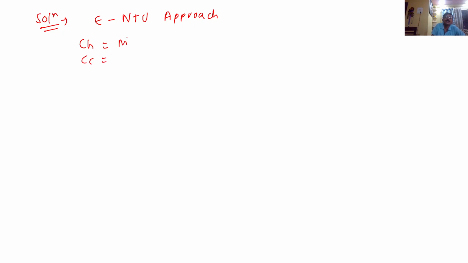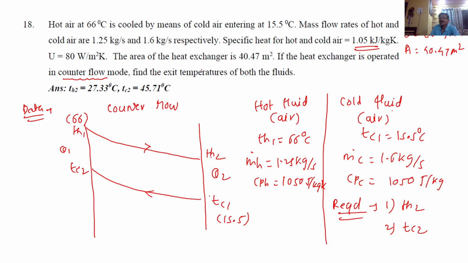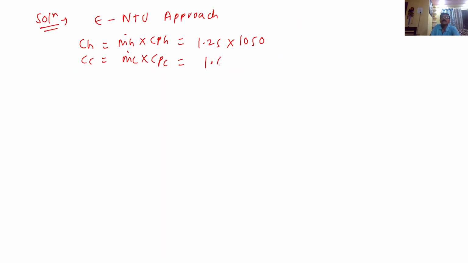What is CH? M dot H into CPH. And what is CC? M dot C into CPC. We have done it a number of times now. So M dot H is 1.25 into what is CPH? 1050. What is M dot C? 1.6 into 1050. The answers are